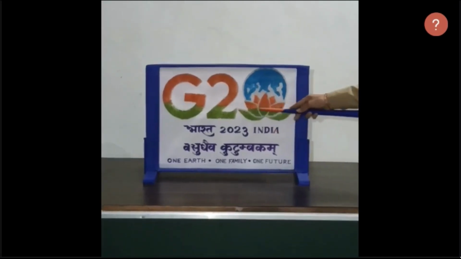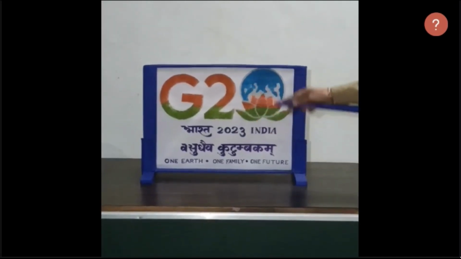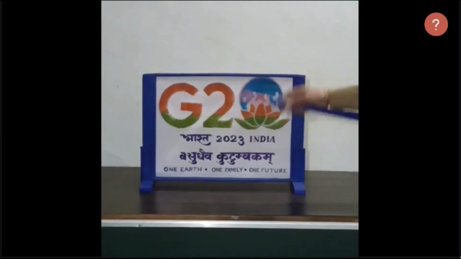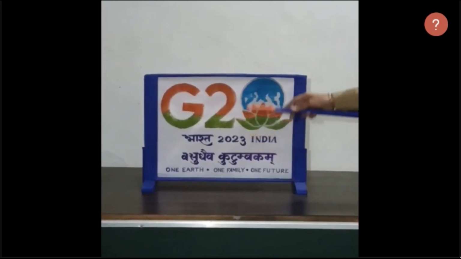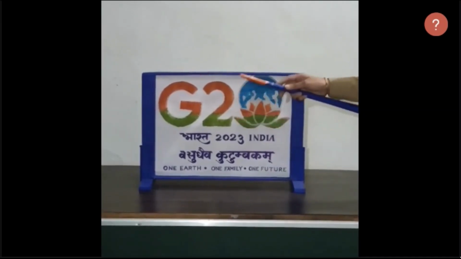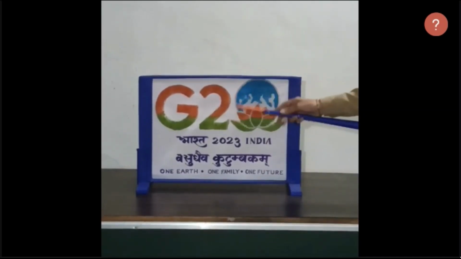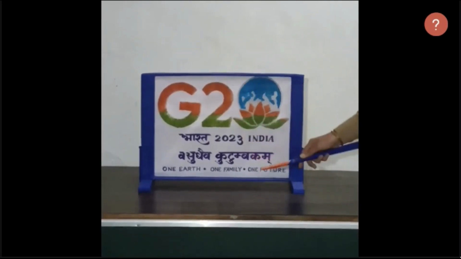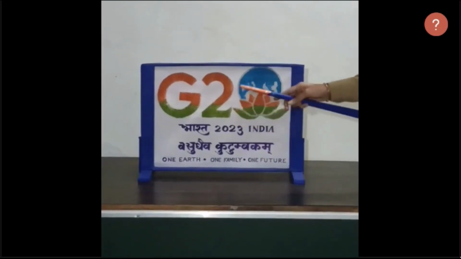The 7 petals in the logo signify the 7 seas and the coming together of 7 continents at G20. Sitting above the lotus is a representation of Earth, reflecting India's pro-planet approach to life and seeing the world as one family. From this, we derive the theme for